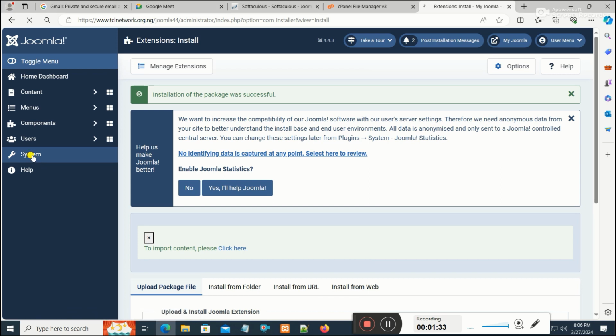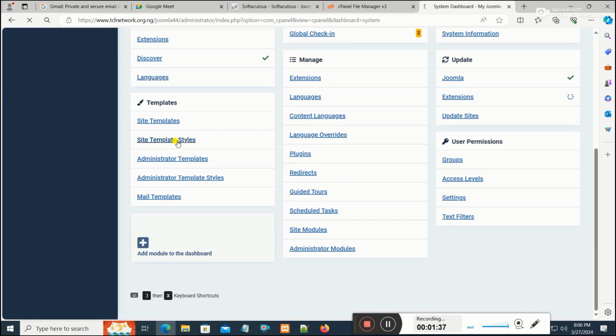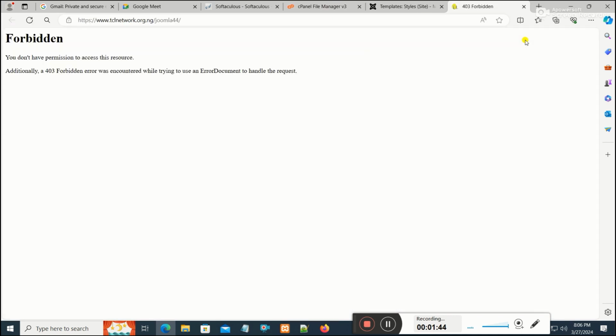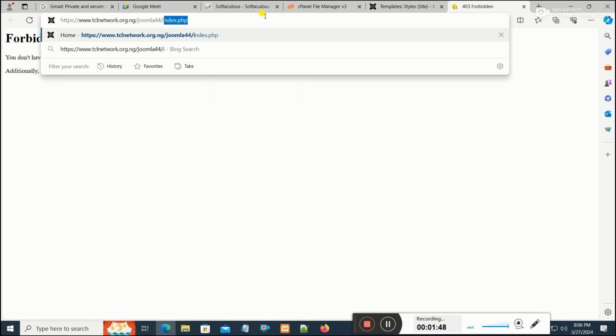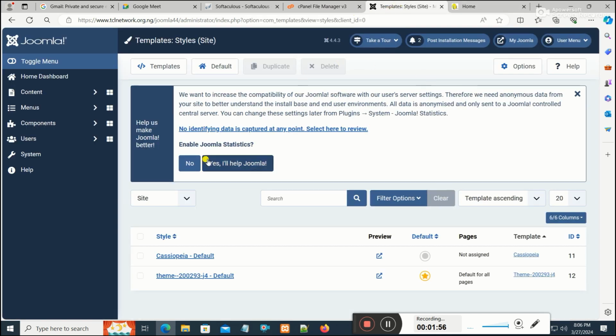So I could go back to Systems. Then I'll click on Template Style. So I'm working online now, and I want to be sure that my theme is the default theme here. So from here, I can click on my Joomla to browse. When it opens here, you just type index.php. So this is how it's coming out at default theme. So I can now move ahead and